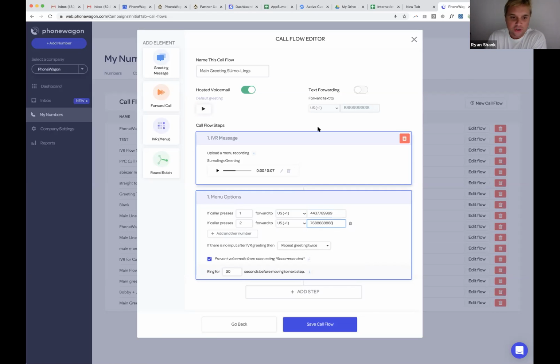Okay, so we just created an IVR in less than 60 seconds. Now let's say no one answers, or there's no input after the greeting. Do you want to play the greeting again? Do you want to send them to voicemail? Do you want to send them to another number? If they don't press anything, let's send them to